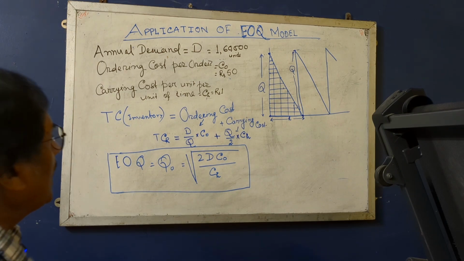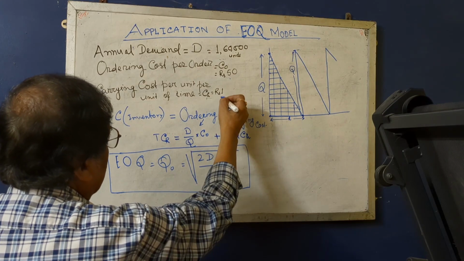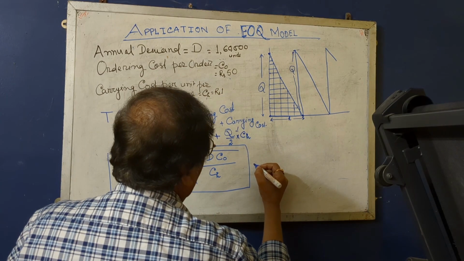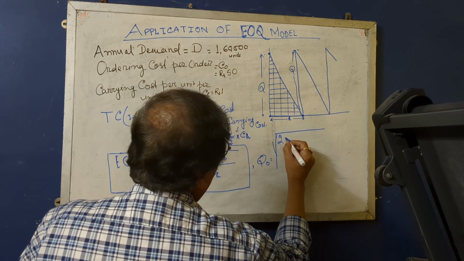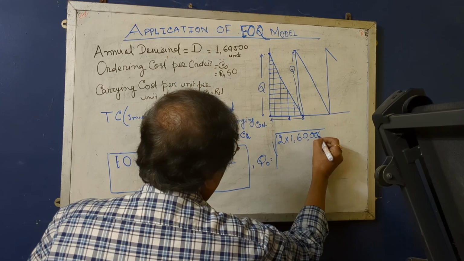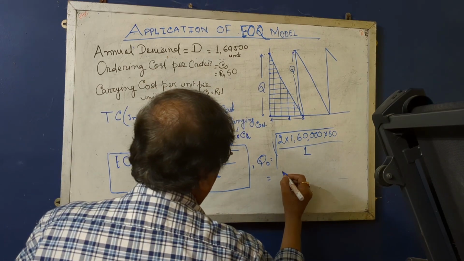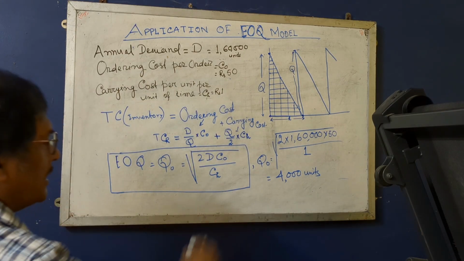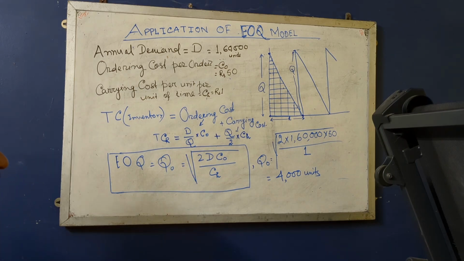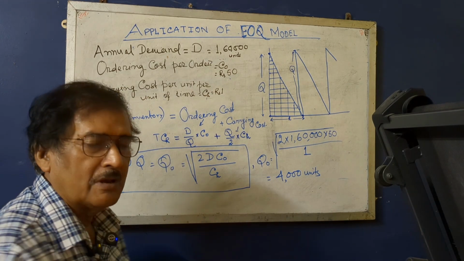Now I am going to solve the given problem. Here D is given as 1,60,000, CO is 50, and CH is 1. Simply put in the values and you will get the value of Q. The economic order quantity is the square root of 1,60,000 into 50 divided by 1, and you will get 4,000 units. You can calculate and check. That means this is the economic order quantity, the best ordering quantity. If you order 4,000 units at a time throughout the year, then the total relevant cost for inventory will be